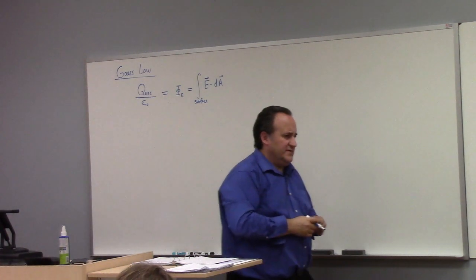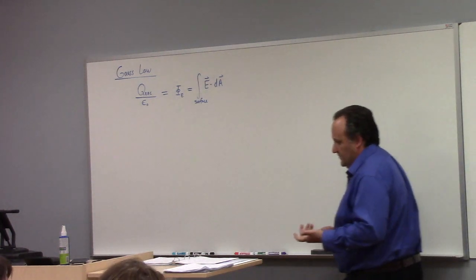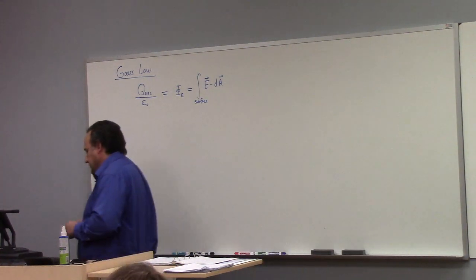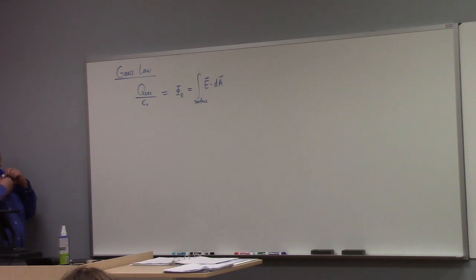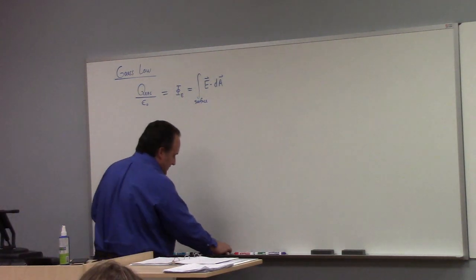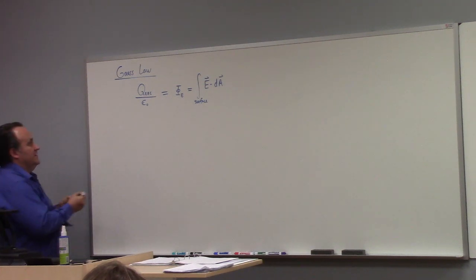So Gauss's law is applied to a closed surface. This is not a physical surface, it's a mathematical surface, right? There doesn't have to be anything there. Inside that surface, we have a particular charge which is enclosed, and Gauss's law says that the charge enclosed divided by epsilon naught is equal to the flux. This is a basic physical law, and so we can apply it and see what we can derive from this. So example 1,